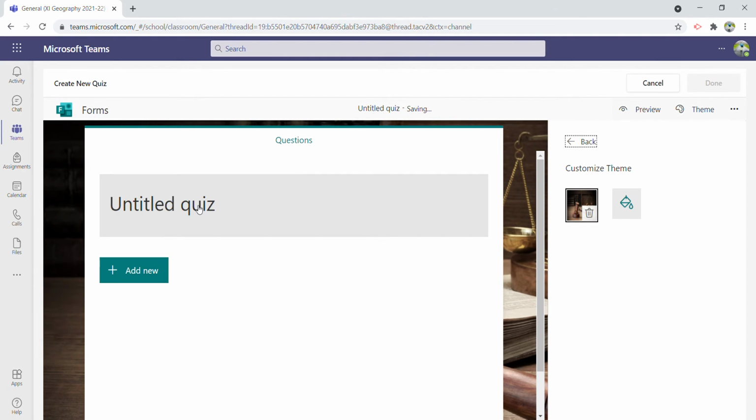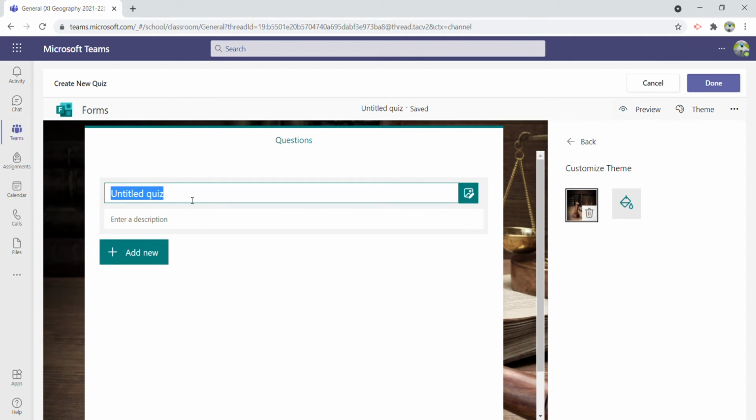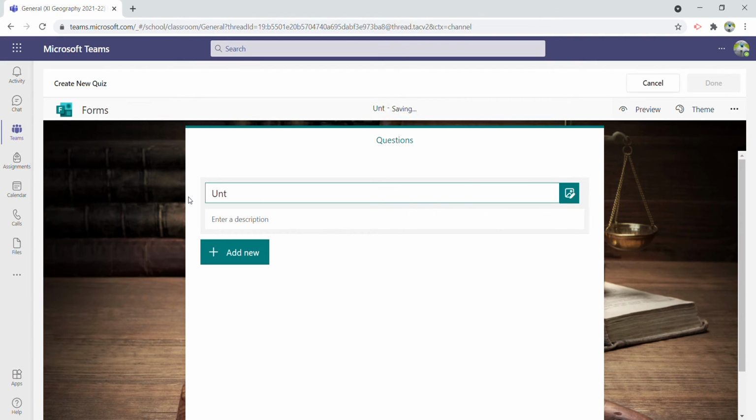Now the topic is quiz. Topic is maybe law. I'll just write law. I don't know the topic. So now enter description. It's up to you. You can write it's a short objective test. It is a picture test. It is a research paper or something. Whatever you want to write, you can write in description. If you don't want to write, it's okay.